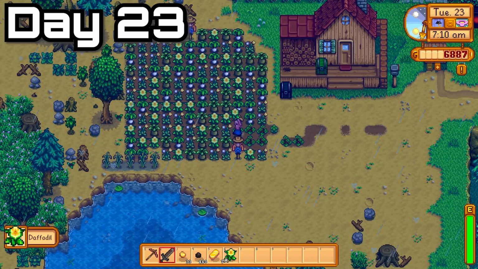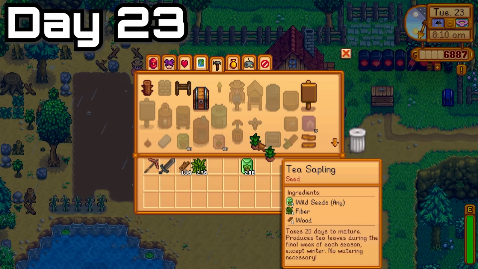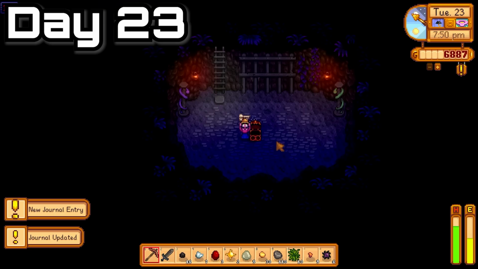Level 5 mining, and we're going to go with the +1 ore per vein, which is a no-brainer because the more ores we get, the better. I'm going to make more tea saplings here now with the forageables that I picked up. And I get the space boots on day number 23 here in the mines, which is a nice armor upgrade for us. We pushed on for another 10 levels, and we got the skull key,